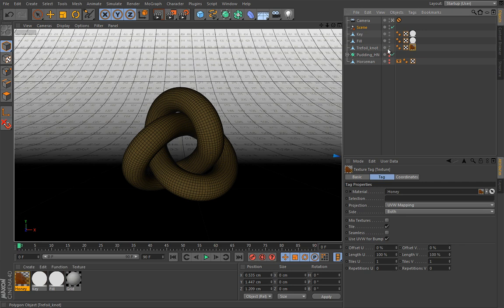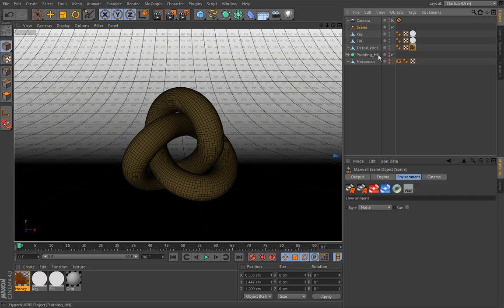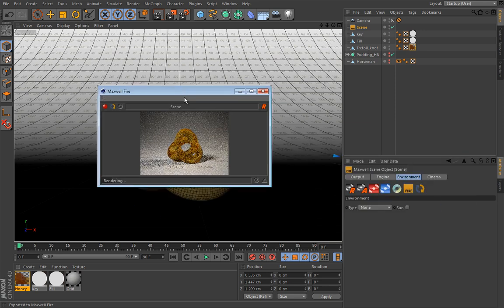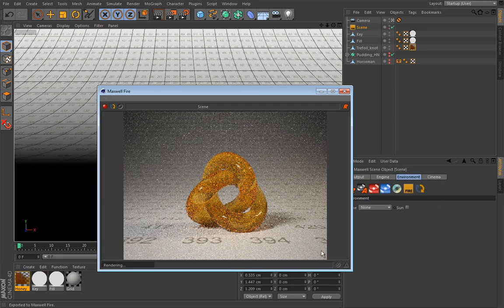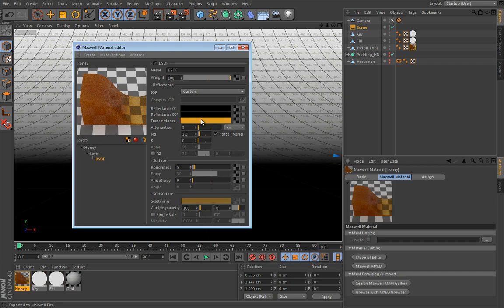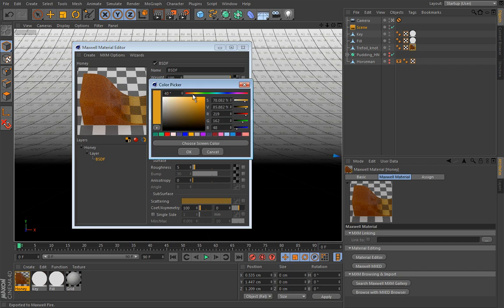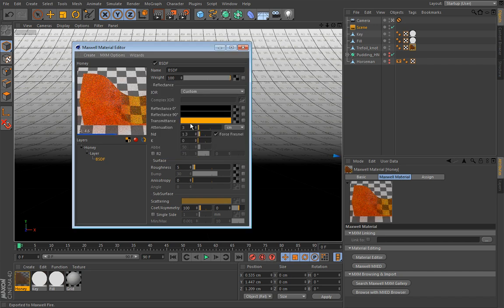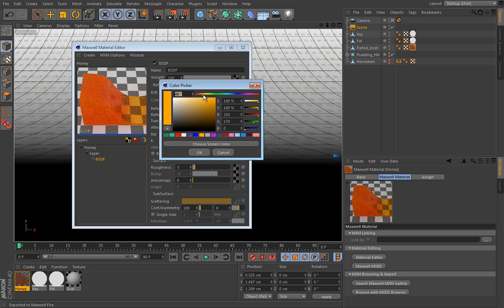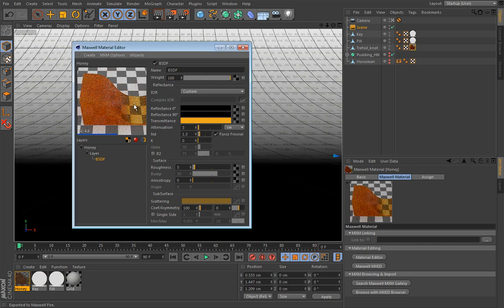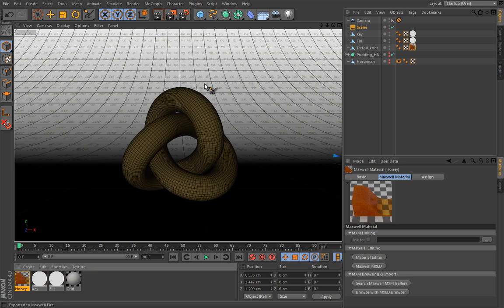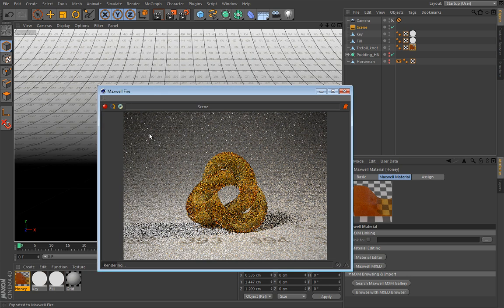I will enable its visibility in the render, and let's see first with the fire preview what do we get, and it actually looks decent enough. Maybe I'll just change this color to be a little bit more bright. Let's even go with high orange. Now this is too much. So look how tiny changes in the color can produce very, very different results. So let's actually now render this, see how it works, and it